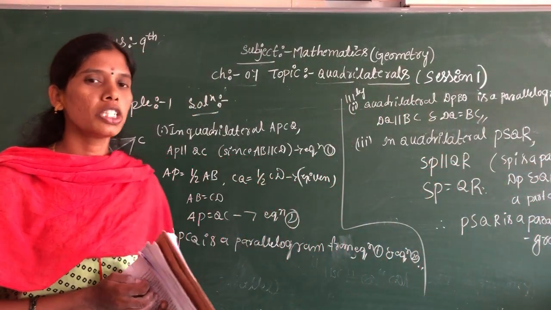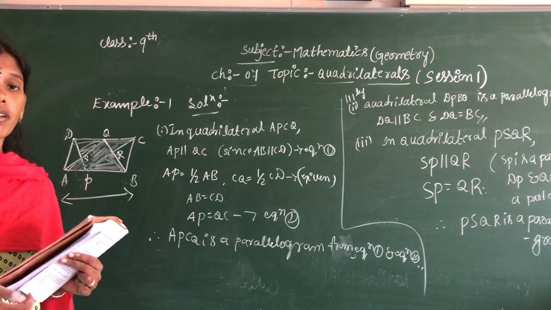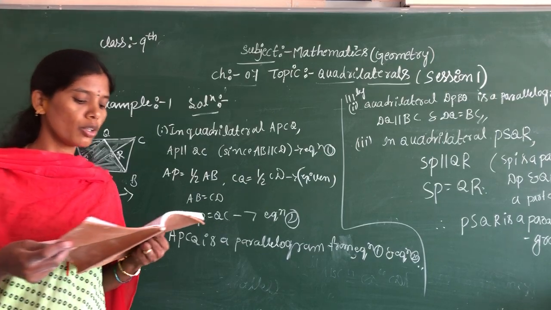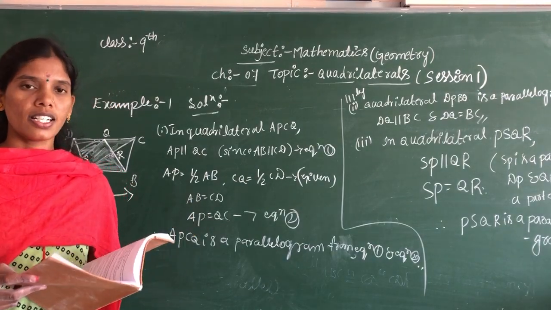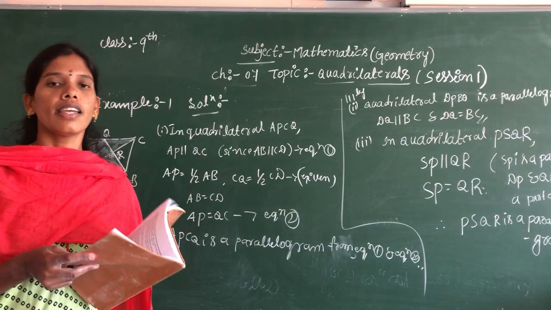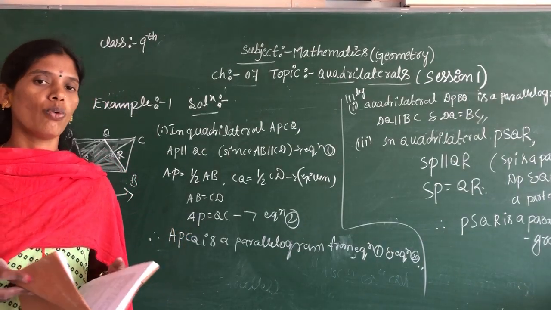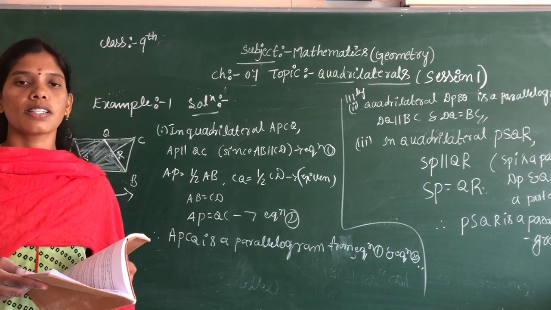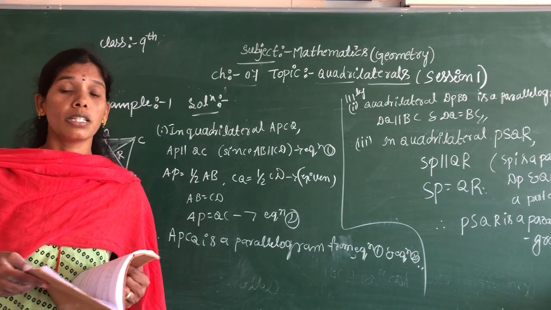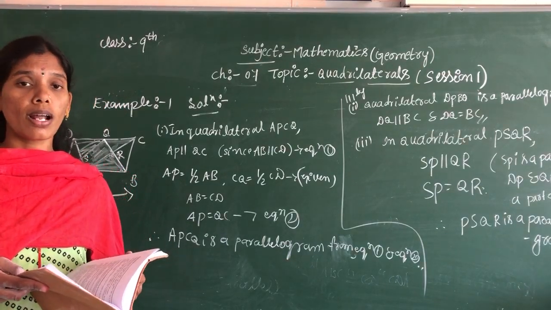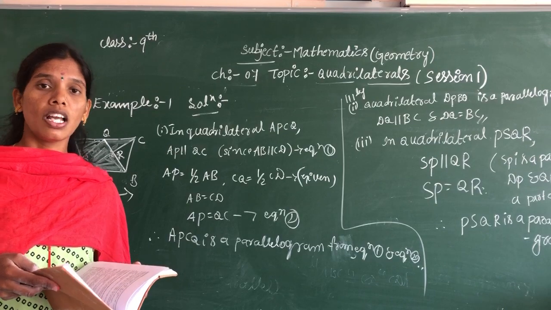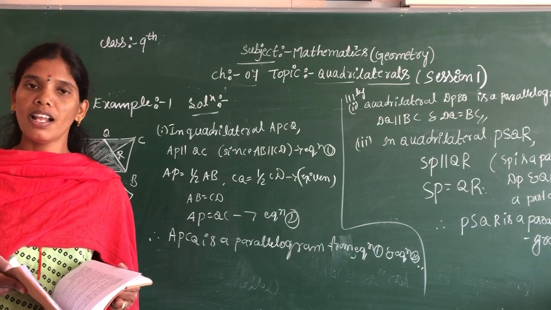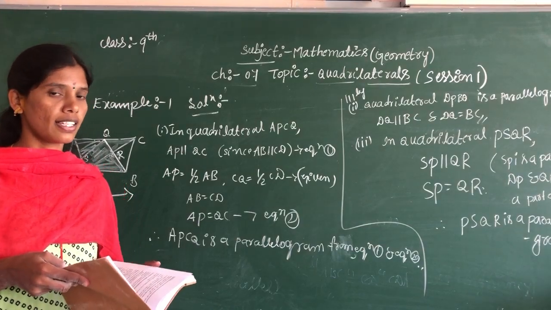Are you understood? Depending upon the problem, use Theorem 7.8. This is about another condition for a quadrilateral to be a parallelogram. Children, in this class we studied information about quadrilaterals: what a quadrilateral is, types of quadrilaterals, the sum of the angles of a quadrilateral, properties of a parallelogram in Theorems 1 to 7, example problems and another condition of the quadrilateral.